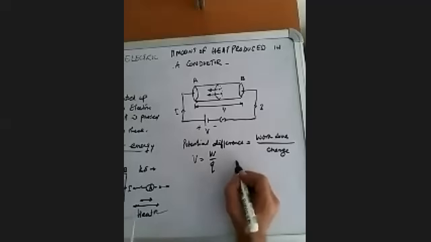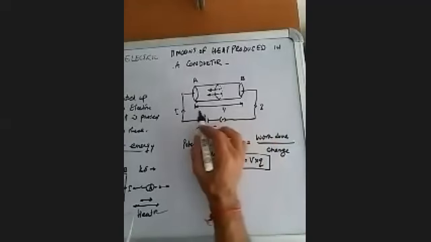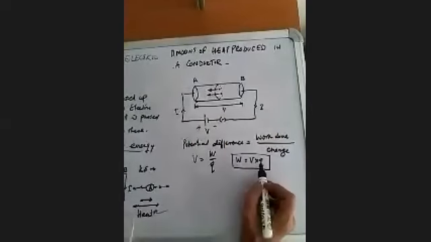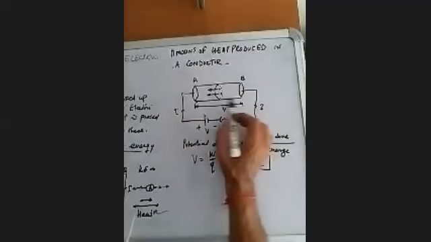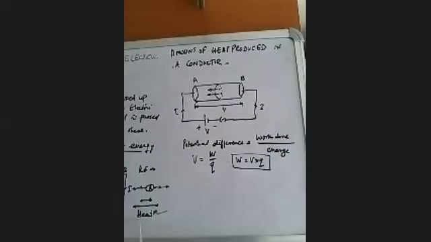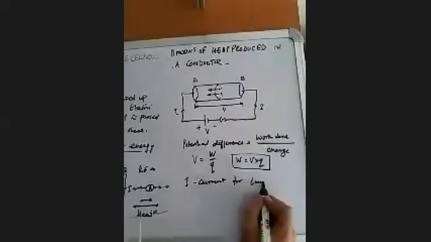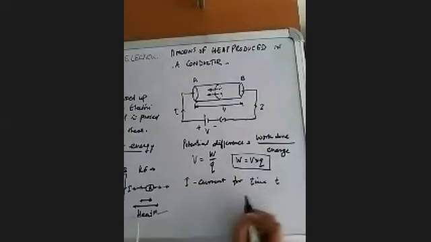So W is equal to V multiplied by Q. So work done is equal to potential difference applied across the two ends of the conductor multiplied by charge that has moved from one end to the other. Okay, now if I is the current flowing for time t, so for time t the current is flowing, that is